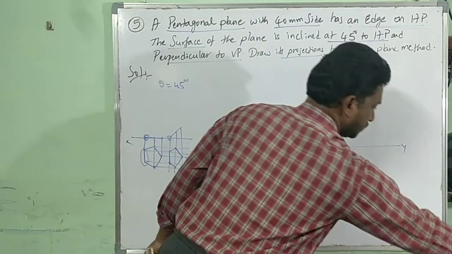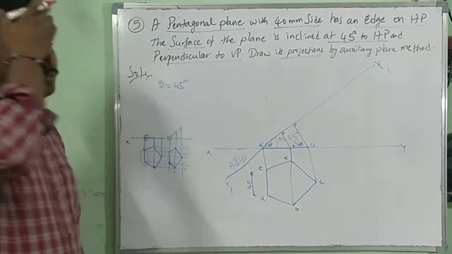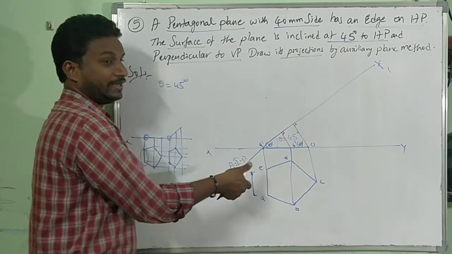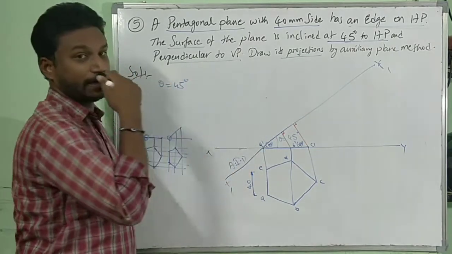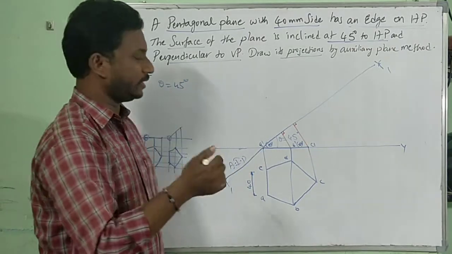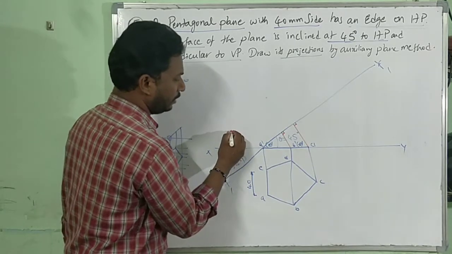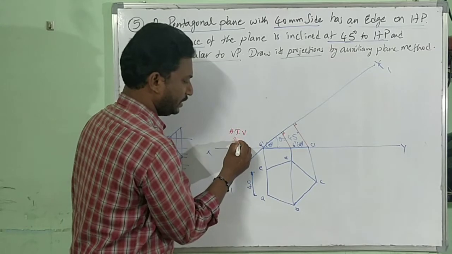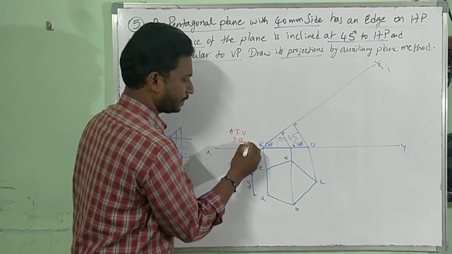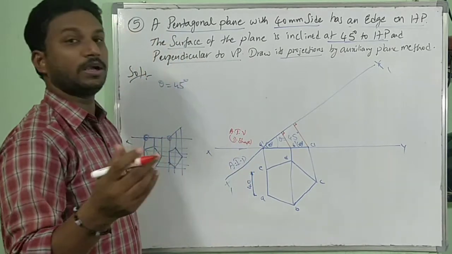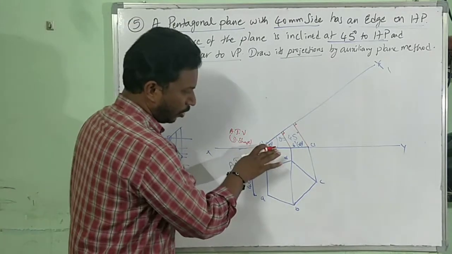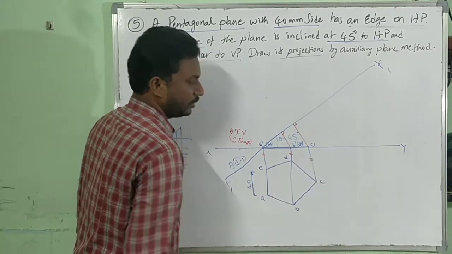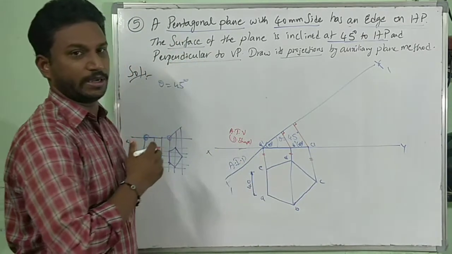Now after this, what do you have to do? If you remember with respect to lines, here it was height, here it was distance. Now that distance is to be extended here. Remember, distance is to be extended. Why? Because the auxiliary inclined plane will be giving the auxiliary top view, which is a diminished shape. So what lengths do we have to extend now? Whatever lengths you have here, the same three lines are to be extended.